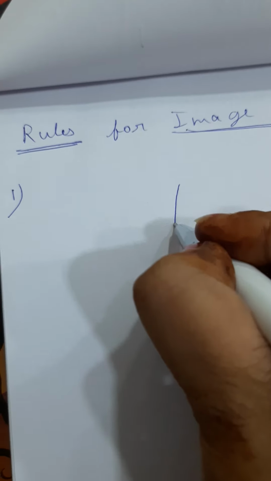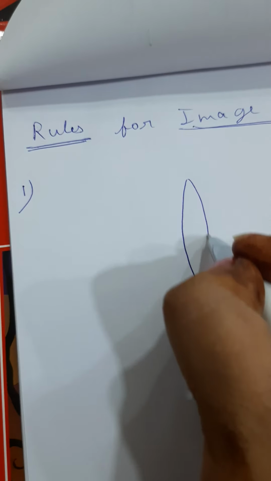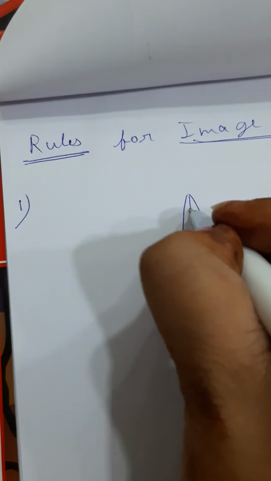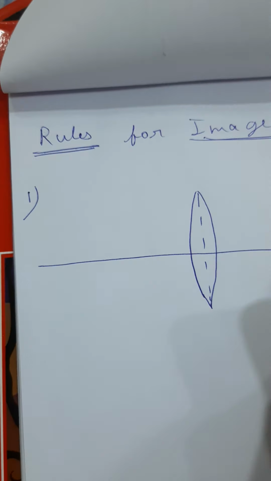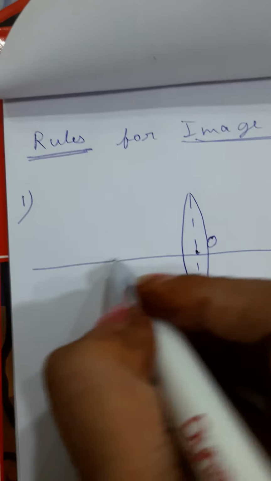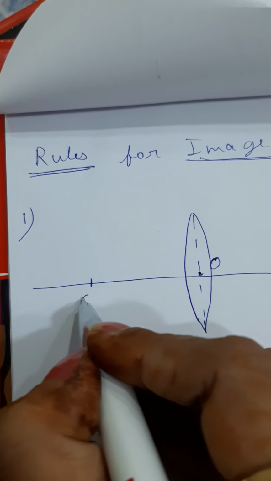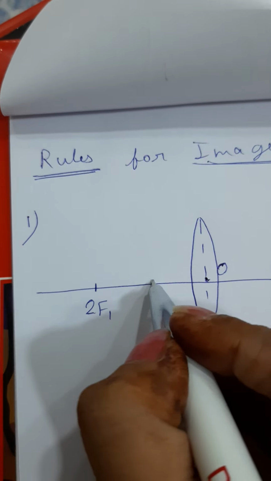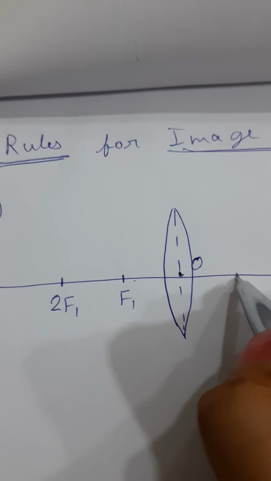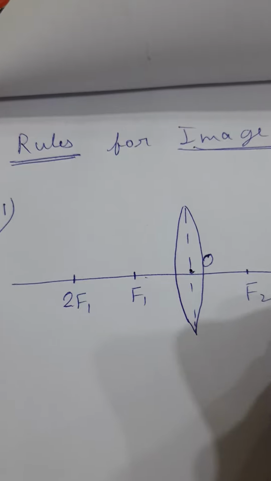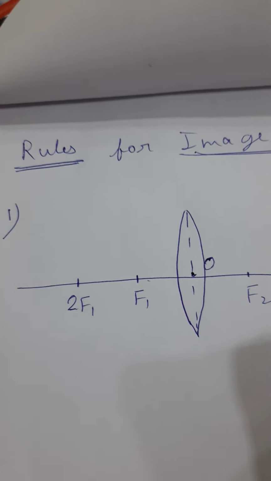Now you see, whenever we talk about drawing a lens, how will we draw it? Suppose a convex one: we will draw a lens with this line. Then we will draw the principal axis, then we will mark O, then 2f1, then the midpoint is f1. Same measurement here: it is f2 and it is 2f2.